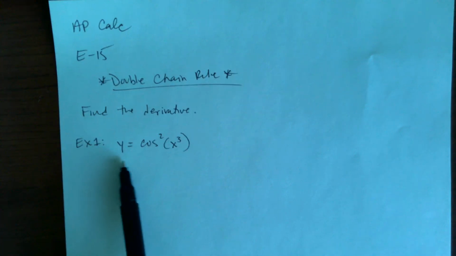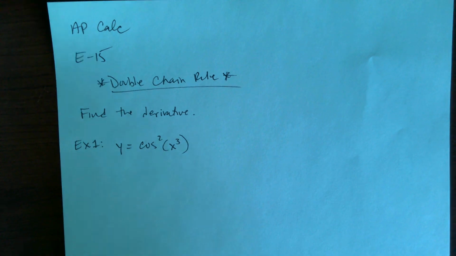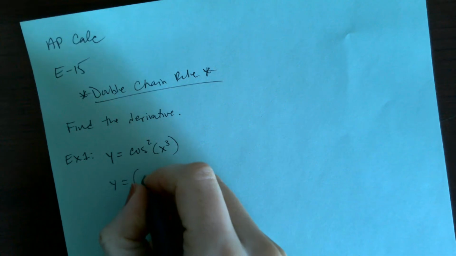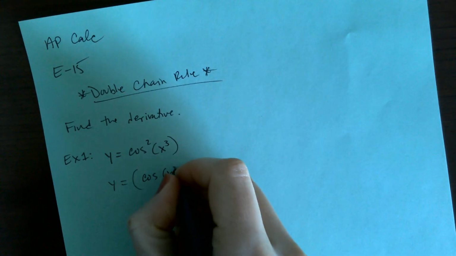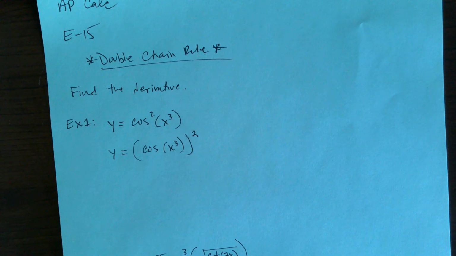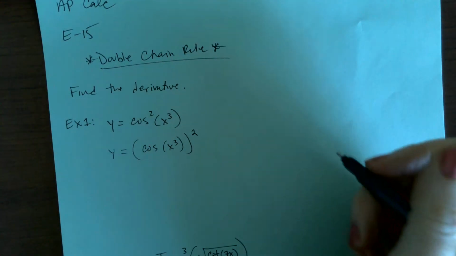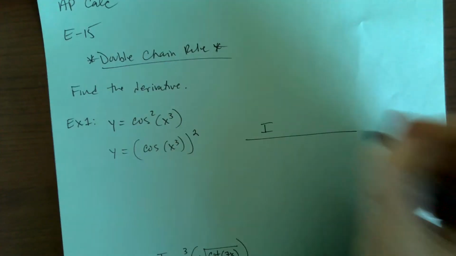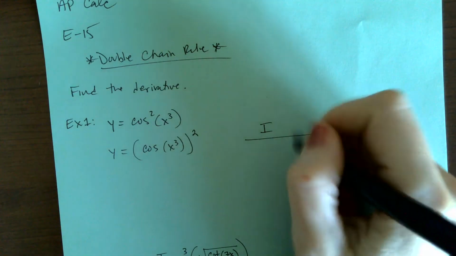So here's the first one. We're going to find the derivative of this. So the first thing that you want to do is, if you've got a trig function raised to a power, I would just rewrite it. Put the trig function in parentheses and the power outside. And okay, so what we've got here, guys, when you do something like this,